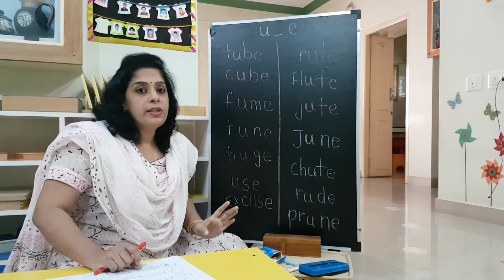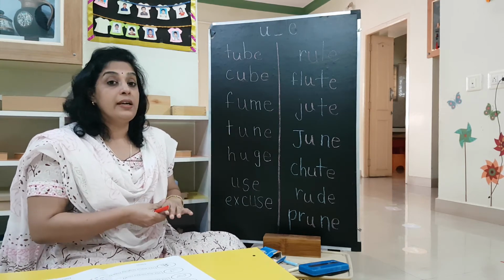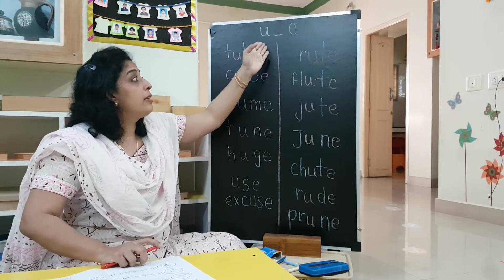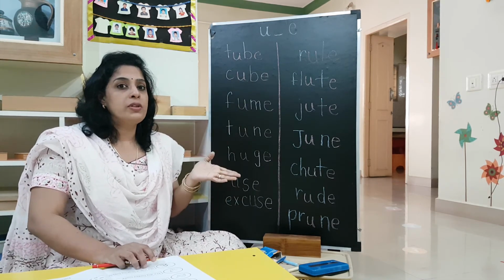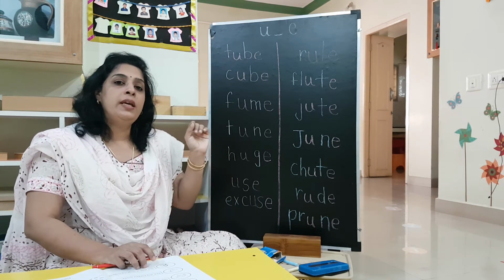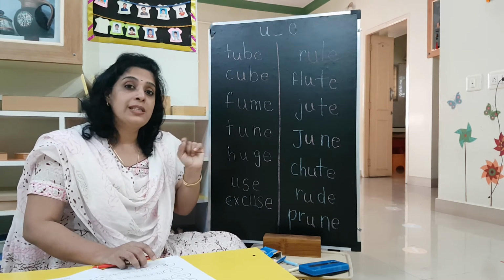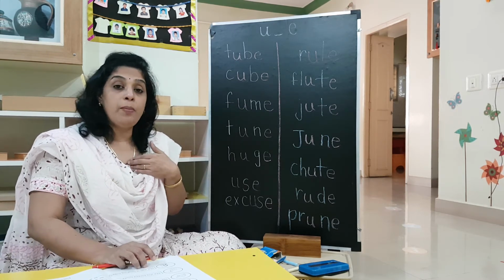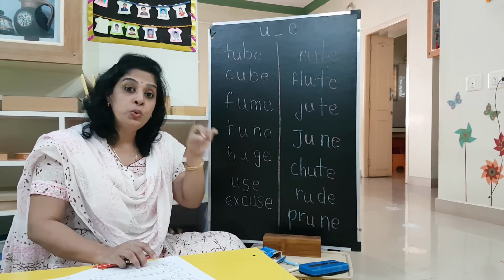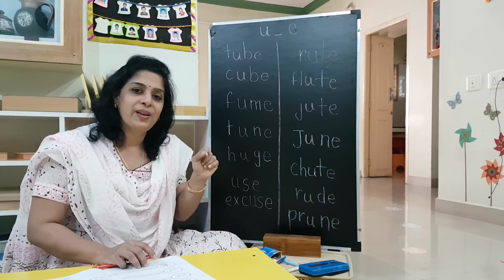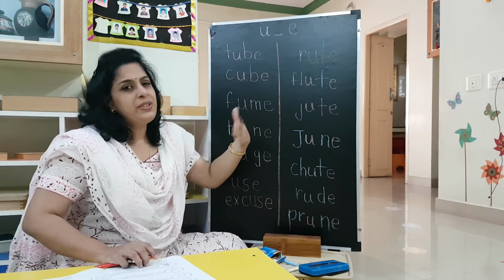Here also some more words are there, but a small change, not like the A consonant E here. Sometimes U has the sound oo, as in Varun. If you see Varun's name, you will find V-A-R-U-N, because the U in his name is sounded oo. If you take my name also, Miss Juno, my name is J-U. I don't say Juno, I say Juno. The sound is oo in it. So this set of words, sometimes it happens like that.